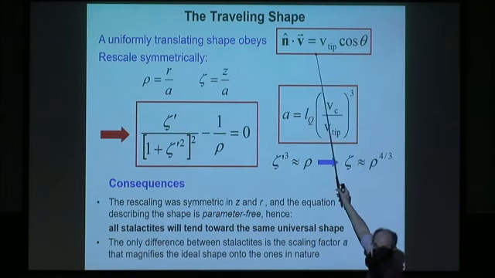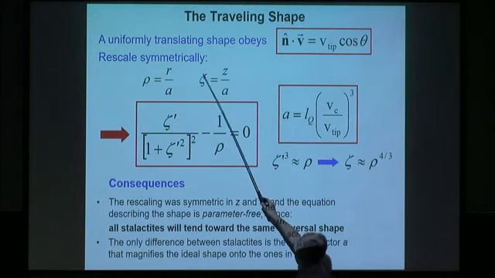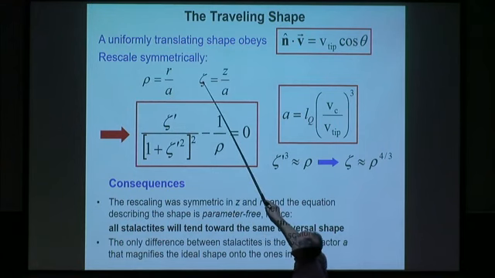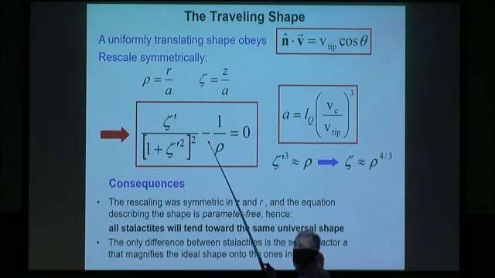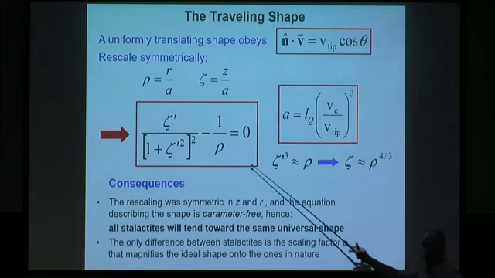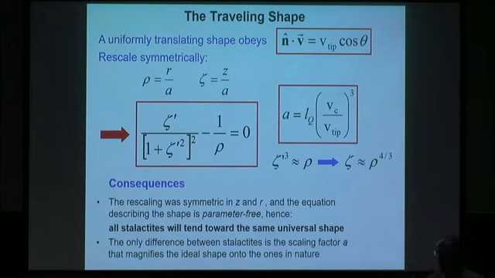But I have another rule, which I just showed you for the velocity. You put the two of those together, and in a coordinate system where you have the radius rescaled by a characteristic length and the z-coordinate rescaled by that same length, shown here, you get a differential equation for the shape, where the derivatives arise just from the trigonometry. And the most important thing about this differential equation is it has no parameters. In this rescaling, there are no parameters of the chemistry or the fluid or anything left. So the shapes that you get are universal.